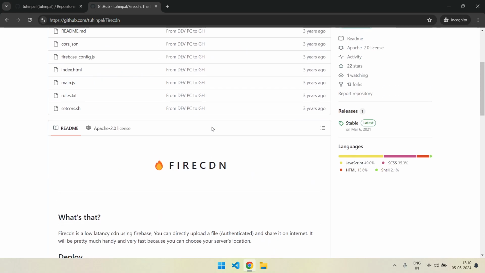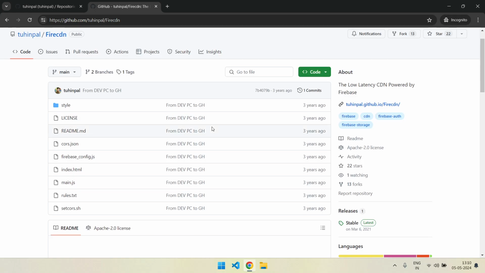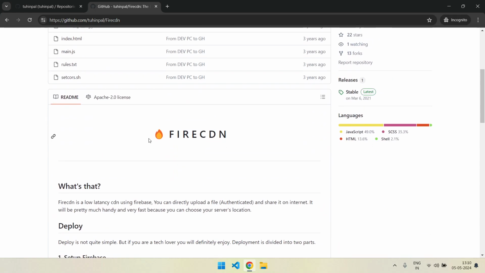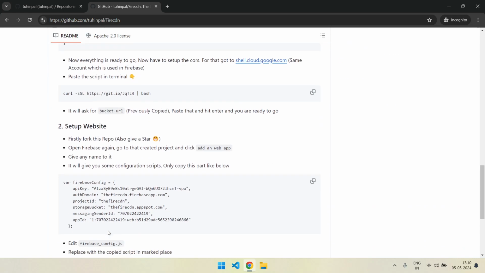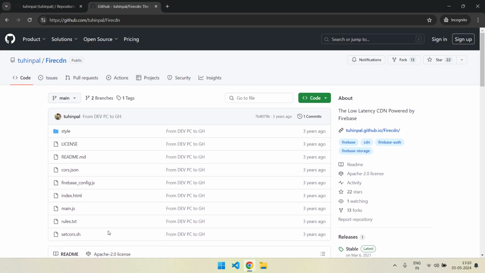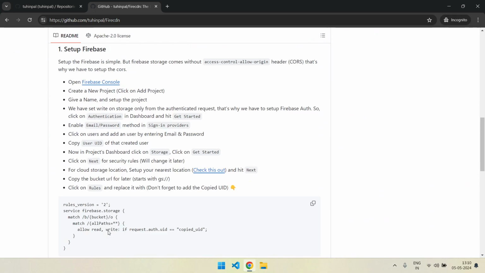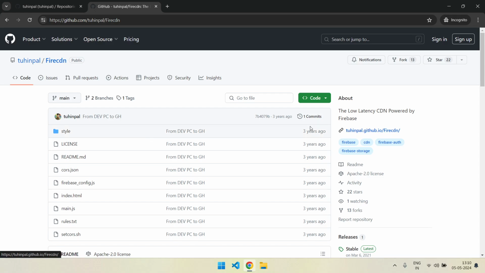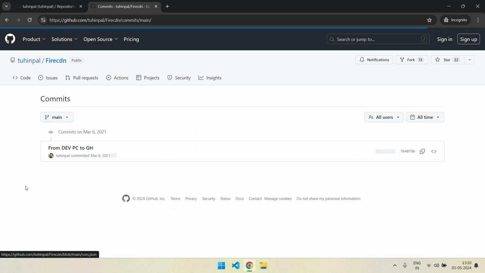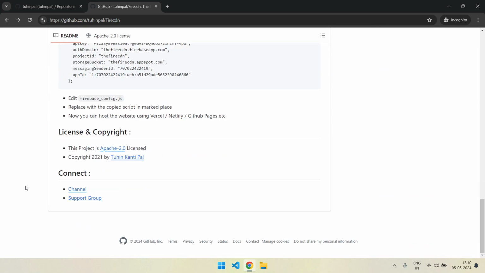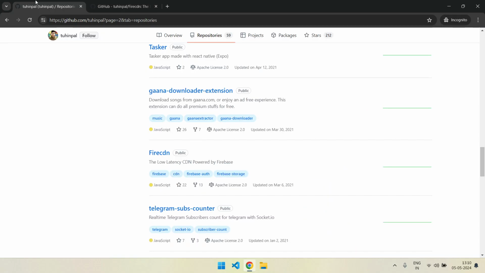So it uses Firebase storage and Firebase authentication and just vanilla JS to upload any files to Firebase. So whenever I need to copy some direct link, I just open that project in the browser, I select the file and I just copy the direct link and I share that link. So I personally use this project, Fire CDN. Three years ago I built it, only one commit, no other thing. So this project is doing great, I love it.